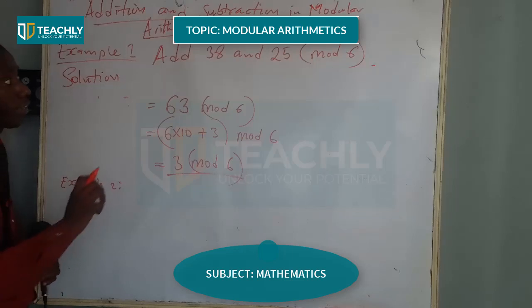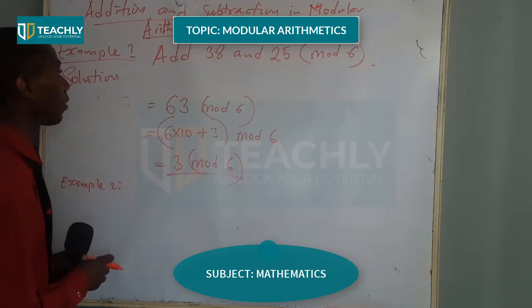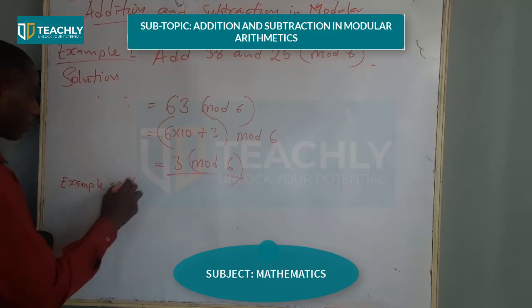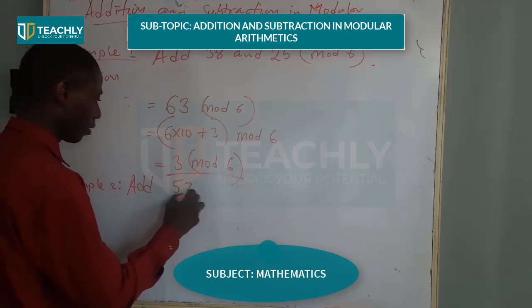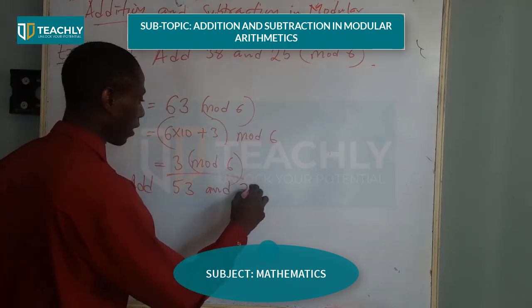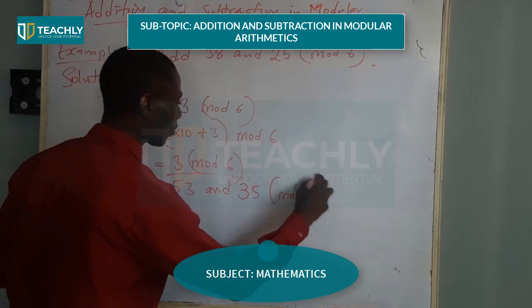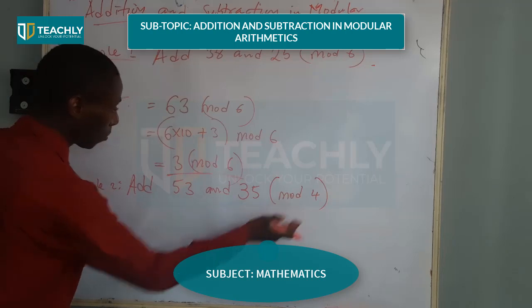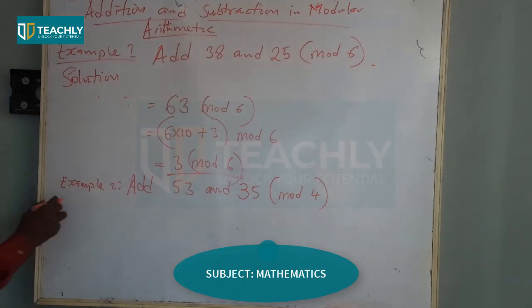Now we are looking at example 2 under addition and subtraction in modular arithmetic. We are seeing how to add. Let's also look at another example. You can look at this: add 53 and, let's say, 35 modulo 4. So if you are to add 53 modulo 4 and 35 modulo 4 together, so the first step